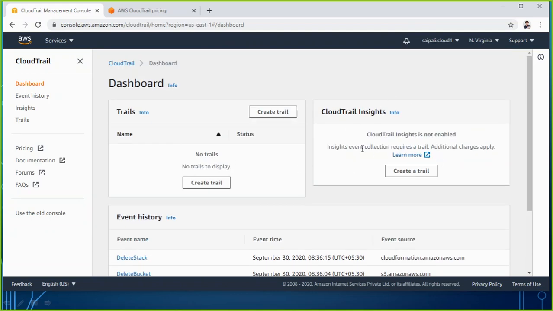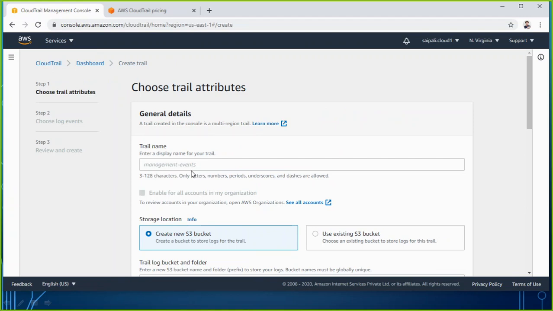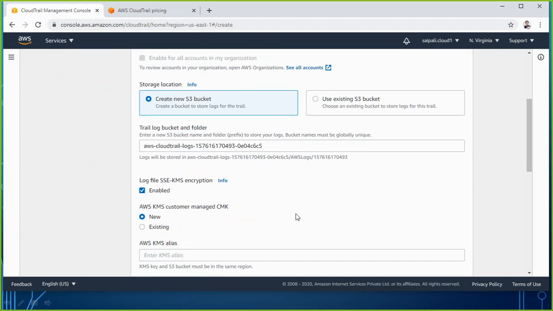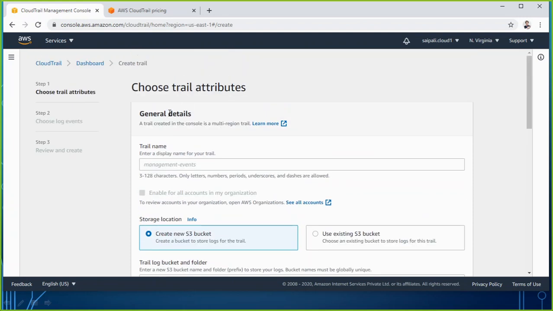If you want to create a CloudTrail, you can simply create one also. By clicking on create trail, you just give the name. This option I have already told you. You have to have a new bucket where it will be stored, and we have already seen it will just charge the storage cost. In the starting period of time, it will just charge you the storage cost. There will be no charge for this CloudTrail service. It will be free. But later on, we have seen that if you have like 100,000 writes, then you may have to pay some money, some dollars, to have the service running.